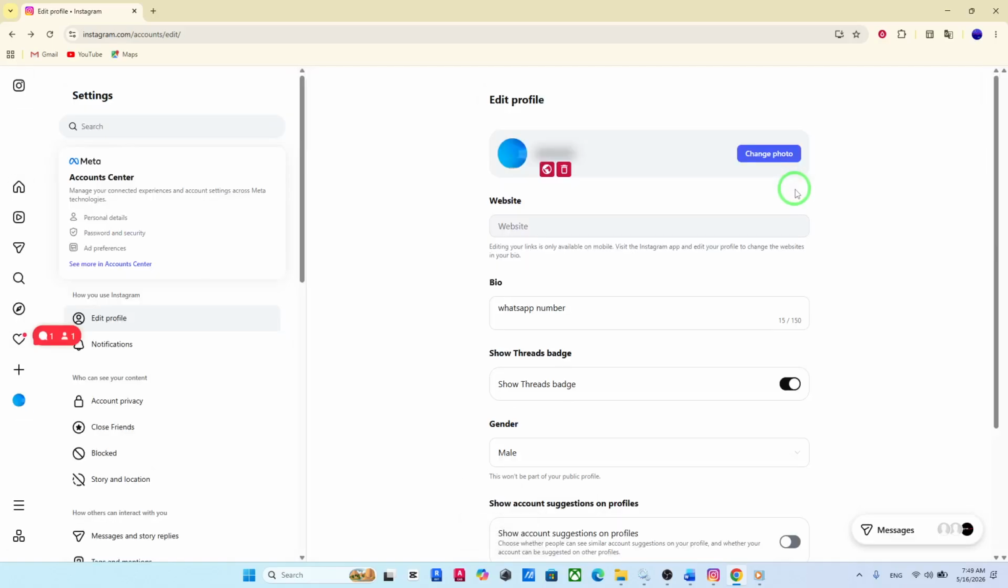Find the option labeled Website Embeds. Once you see it, simply toggle it on. When it's enabled, it usually switches color or moves to the right, depending on your interface. And that's